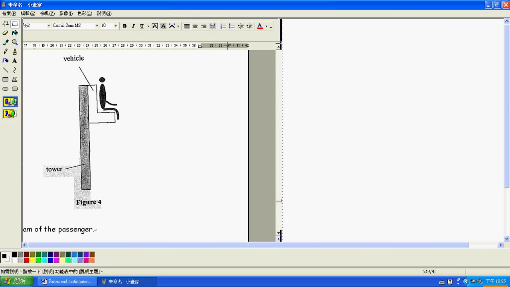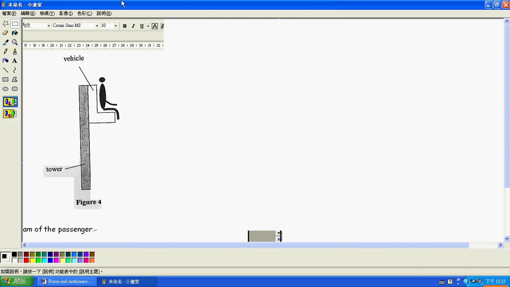So for this passenger, okay, this is the free body diagram. So one is the weight,